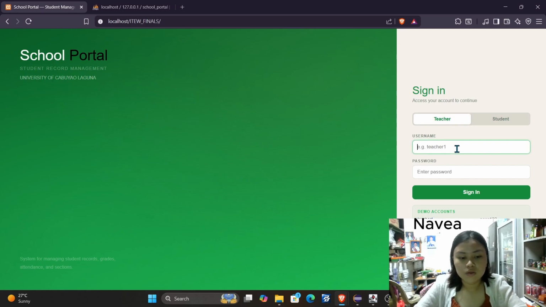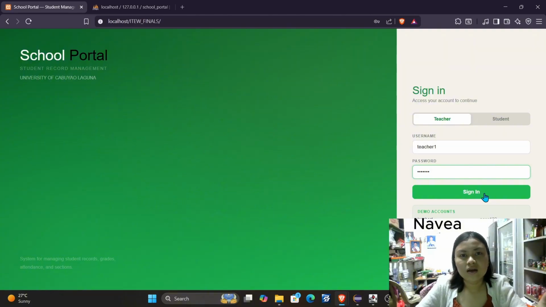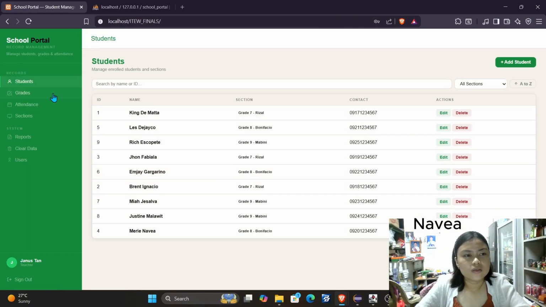So first, we are going to use the demo account teacher1 to navigate this teacher portal. This is the landing page once the user has entered the teacher account. We are first directed to the students page. And here in the side navigation bar, we can see 2 main sections, records and system.